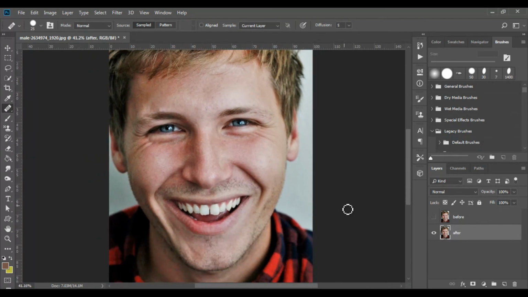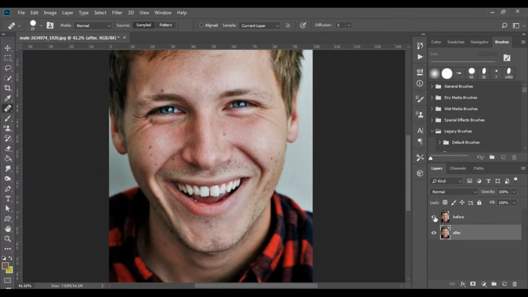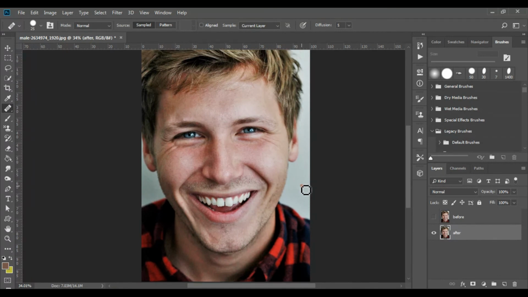I'll show you now the before and after. Looks great, right? In the next lesson I will teach you how to add a smooth look to the skin